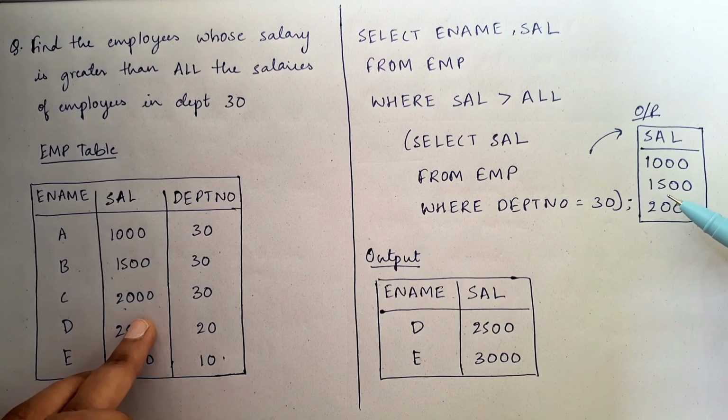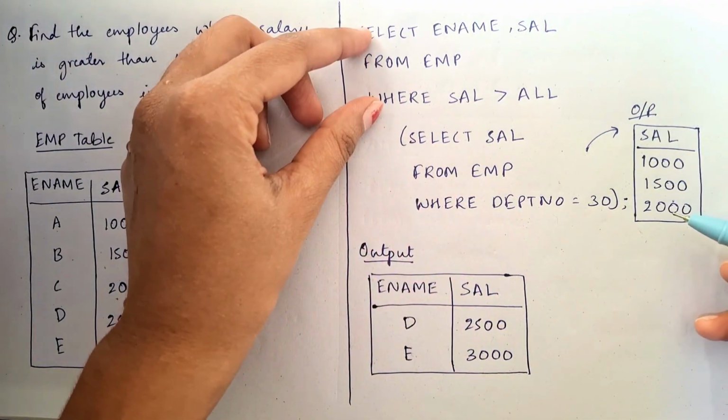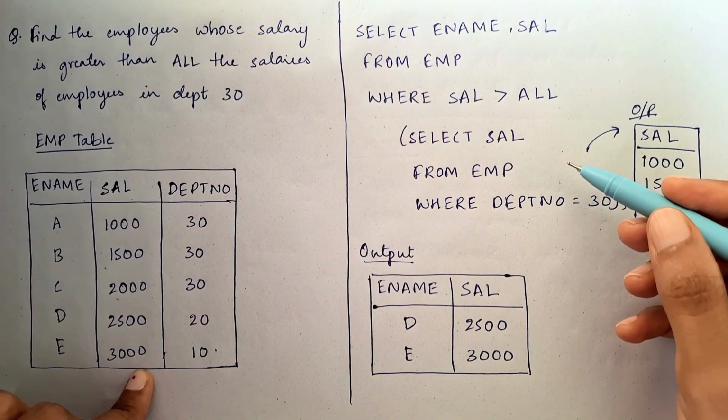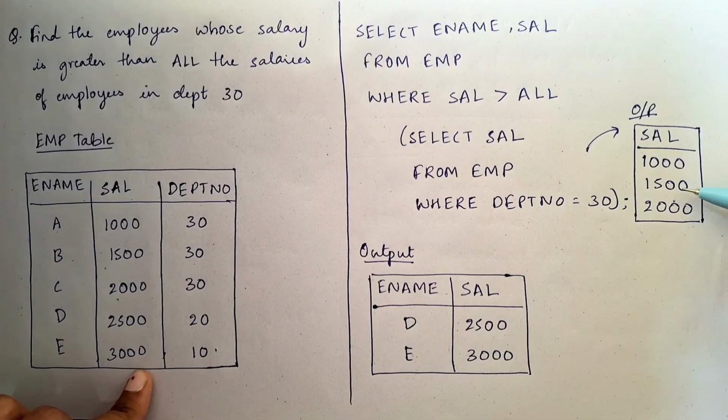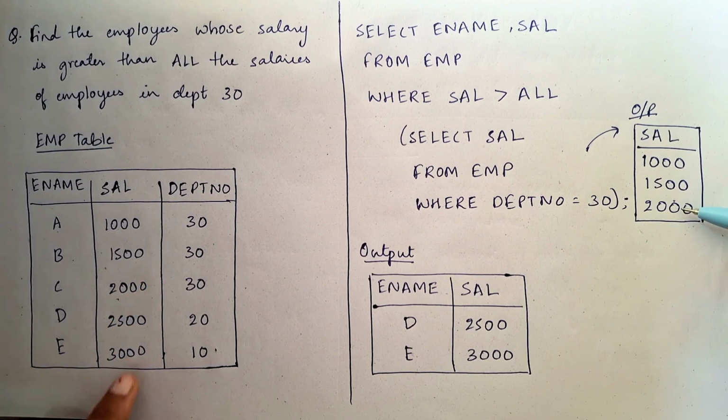And guys, you can see here, this is a multi-row subquery because it is returning 3 rows, that is multiple values. Next, the main query will run. It will take each employee's salary and compare it with all the values returned by the subquery. So basically it checks, is the salary greater than 1000, is it greater than 1500, and is it greater than 2000. Only if all those conditions are true, that row will be selected.